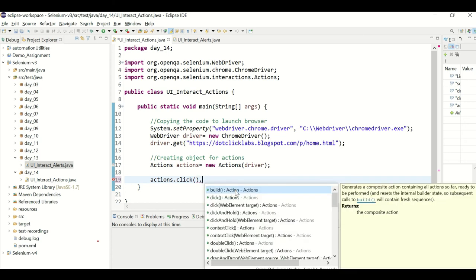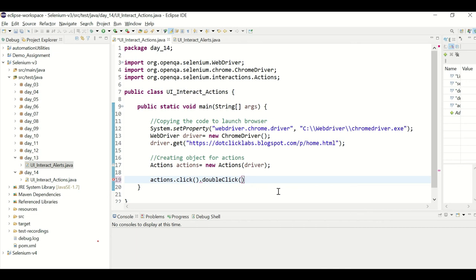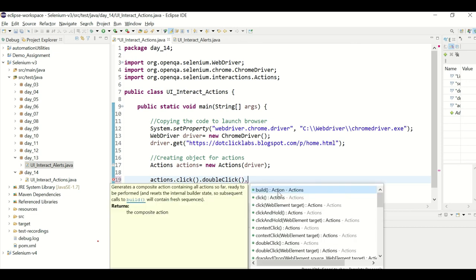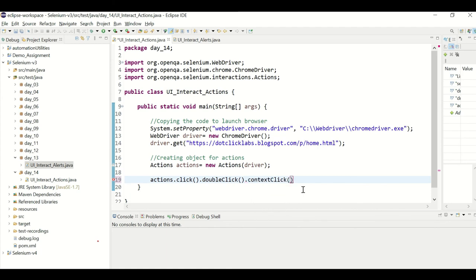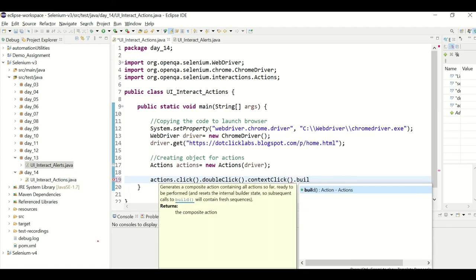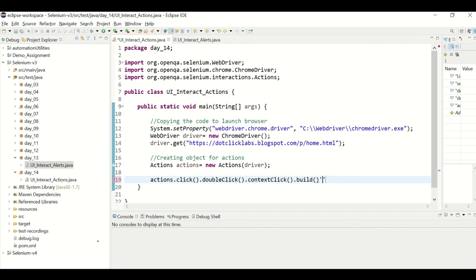Dot click, dot build, dot double click. So I'm creating a chain of actions. Double click, dot context click, dot build. So now it only creates a chain of events, but it won't get executed. Remember that.